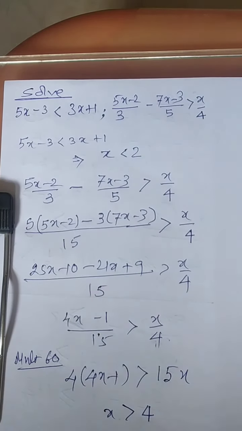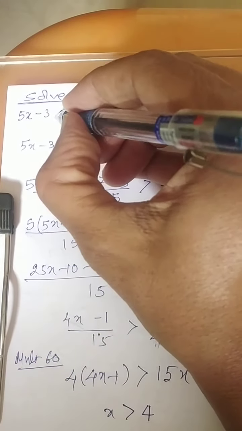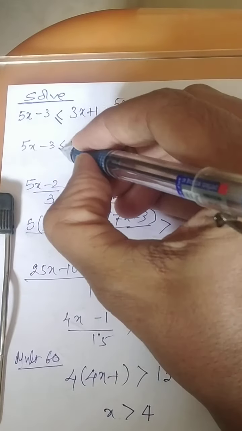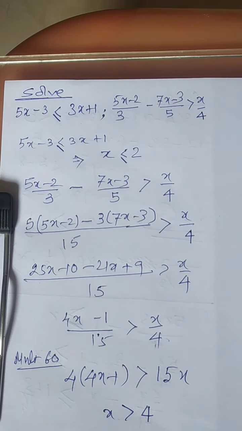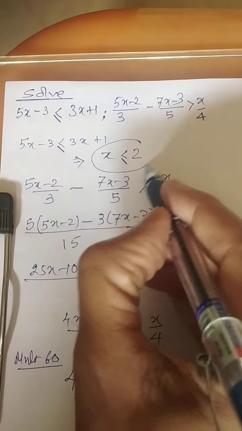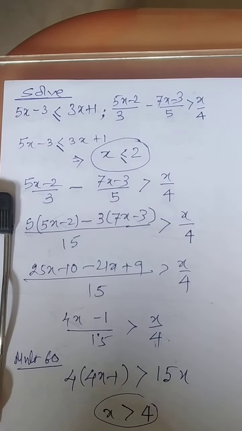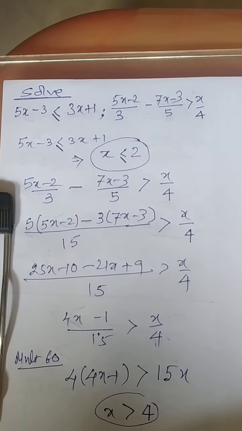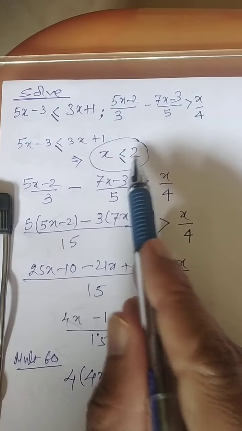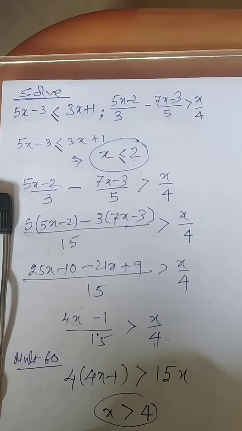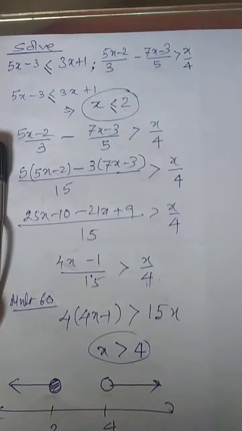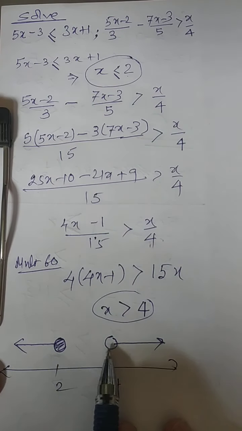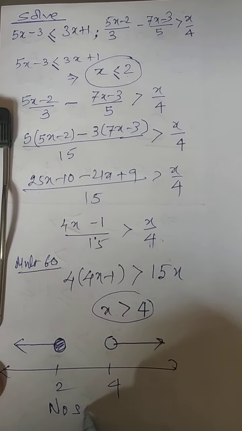Okay. One change I am making in this question. Here I am writing less than or equal to, so over here also less than or equal to, and over here also less than or equal to. Now this is one solution and this one is another solution. Now I have to combine them. What are the numbers? 2 and this is 4. What is the condition given? x is less than or equal to 2, so this is included. Over here x is greater than 4. What is the portion which is common here? This side and this side do not overlap. So there will be no solution, is the conclusion.